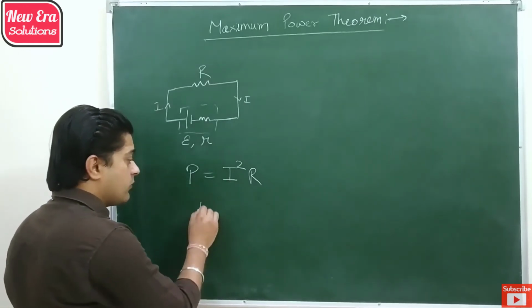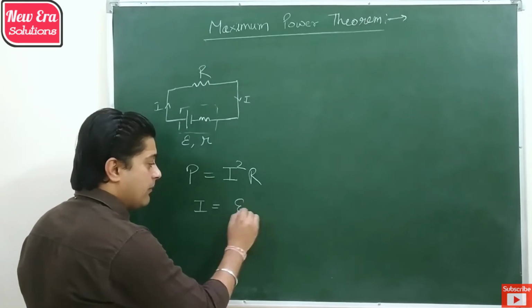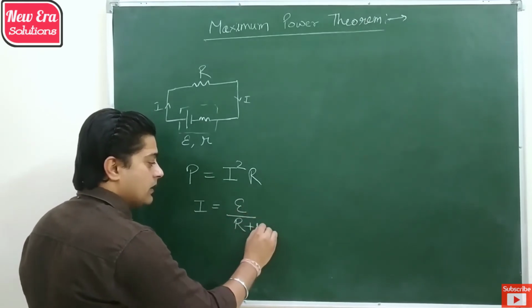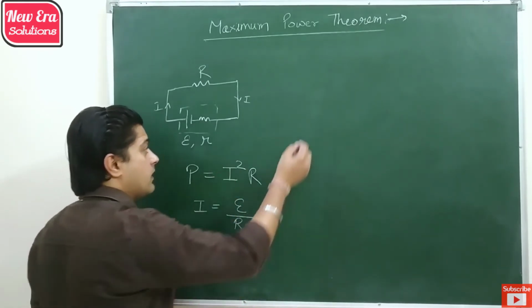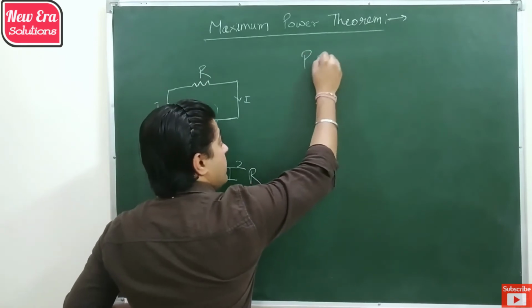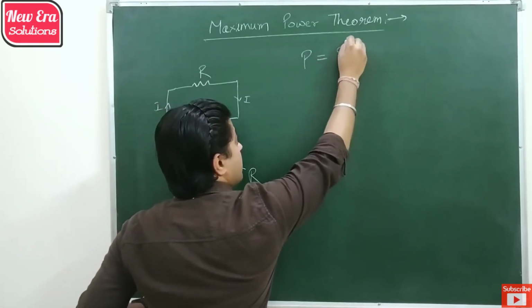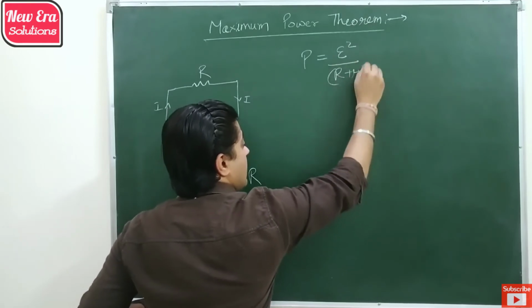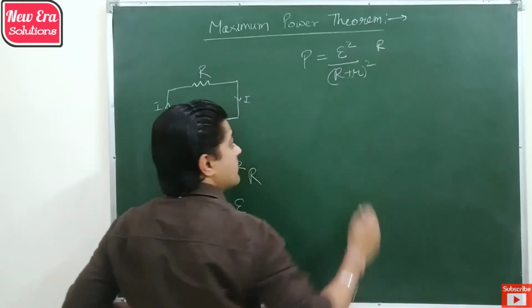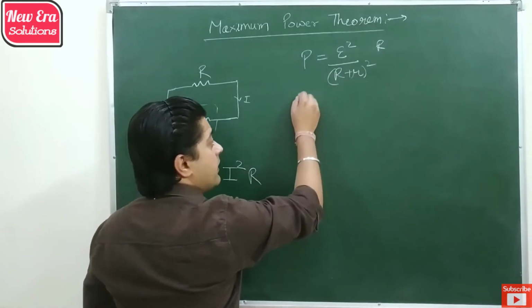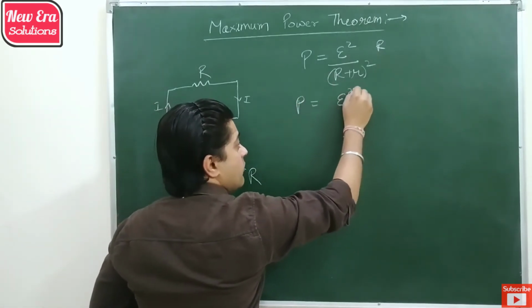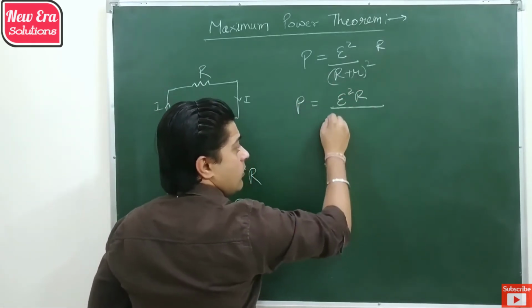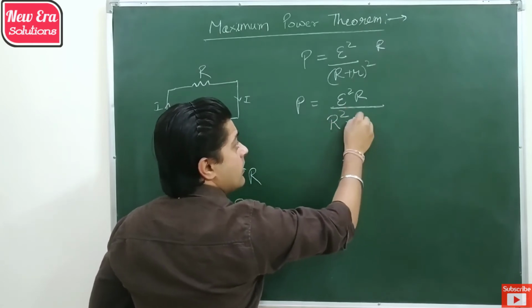The current we obtain is the EMF upon the total resistance. By putting the value of the current, we get output power equal to E square upon R plus small r whole square, into the external resistance. By solving this, we get E square into R upon R square plus small r square plus